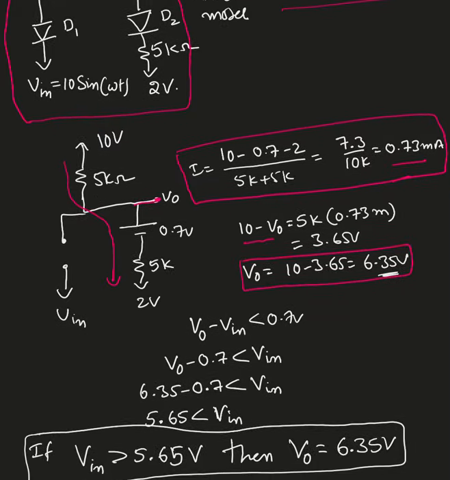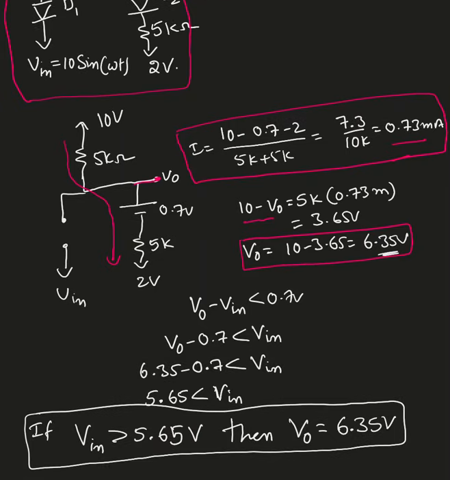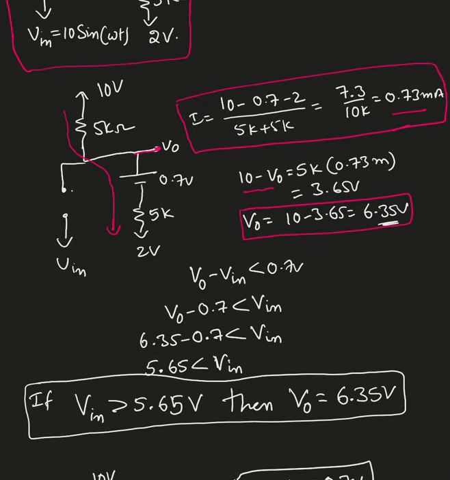Now I need to find the condition. What condition? At what input voltage will I get this output? Okay. So here I assume this diode D1 is open, right? Based on that, I wrote this equation. I assumed that diode is open, so V0, the anode voltage here, minus Vin must be less than 0.7. Okay, so now I'm going to substitute the V0 value here, which is